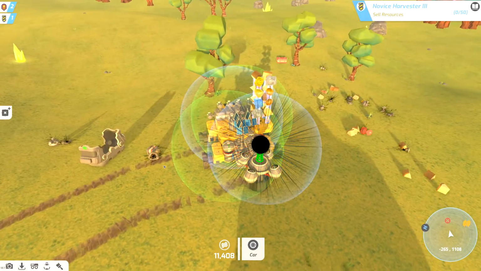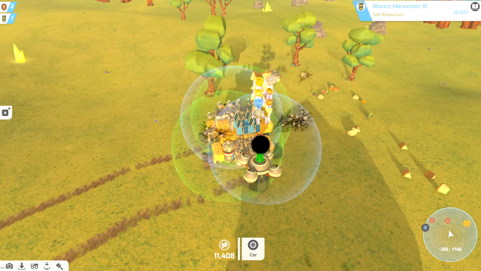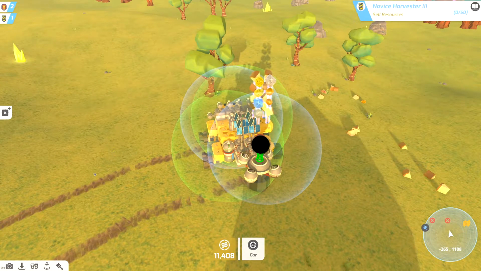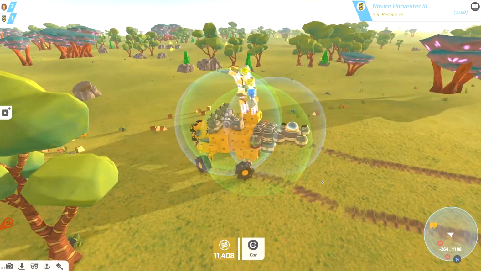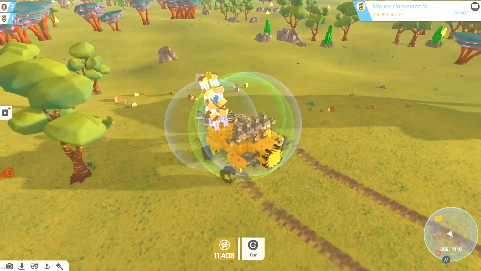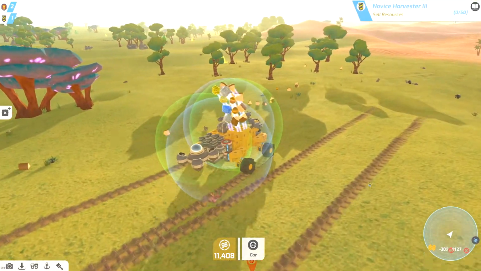Some tow hooks. Technically, you can hook up like a trailer system to tow multiple techs. Like if you wanted to tow a base, you certainly could do that. It seems to be experimental, and I don't see a reason to do that, considering you can just drop stuff in wherever the hell you want. So, you know,